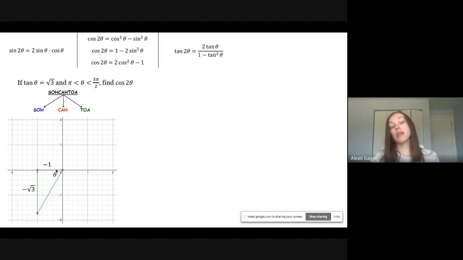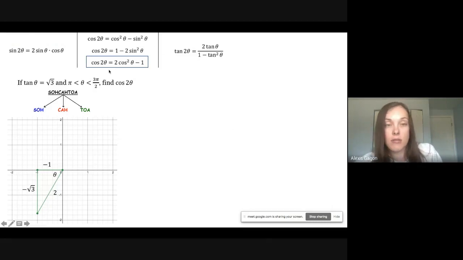But then same thing here, use the Pythagorean theorem, and you end up getting 2 as your hypotenuse right there. Okay, because it would be square root of 3 squared plus 1 squared, which would be 4. Square root of 4 is 2. Okay, and we're finding cosine of 2 theta. So I can use any of these right here. Does not matter which one you use. And if you want to double check with yourself, I'm going to use this last one. But if you wanted to use the first one,